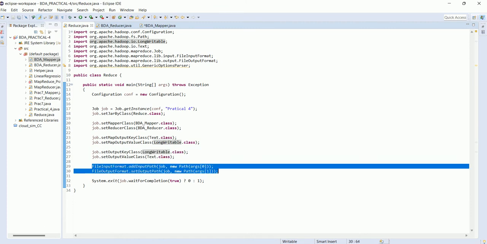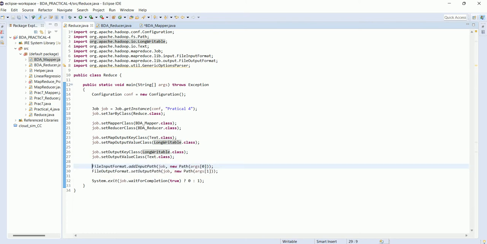Because we need to take the file from the command line, we see how this is passed to the command line, and after that we are passing to the output. So this is the simple reduce. It's like a complete setup. You need to remember this setup to write this reduce class.